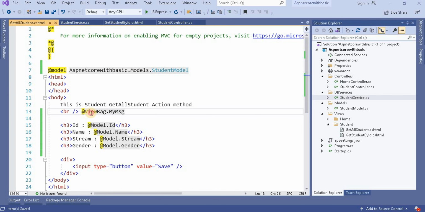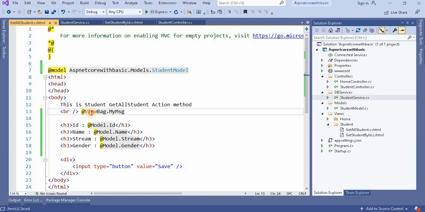After running this application we have navigated to the home index. Now let's navigate to the student and get all student. Once I navigate there, we should see all the information and the data. Currently we are getting an exception because we are not passing any model to this one.